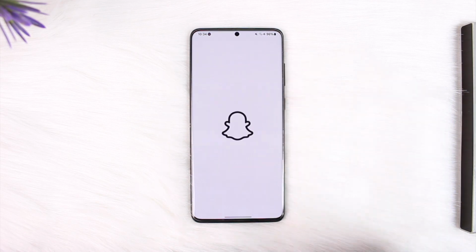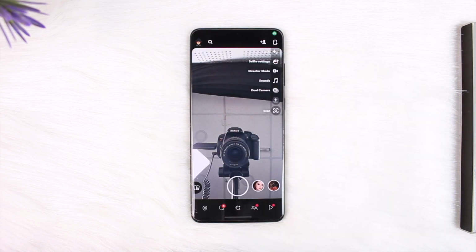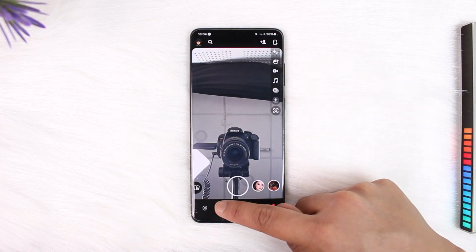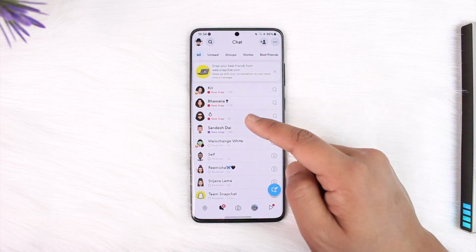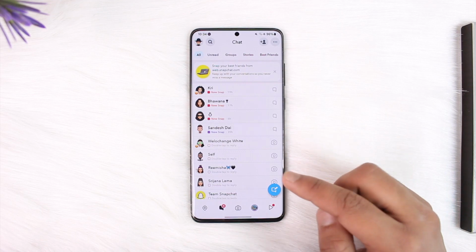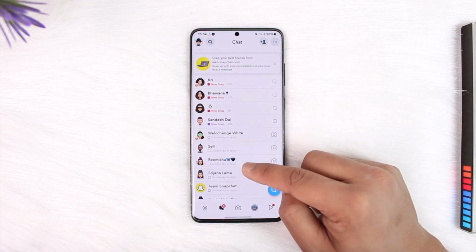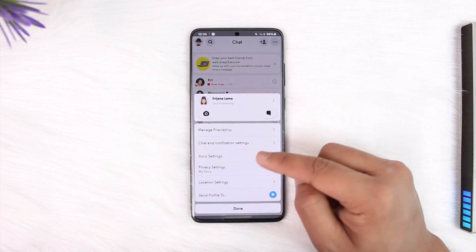Open up the Snapchat application and log into your account. Then just come to this little chat stack icon that you can find here. Now obviously you will have a list of people that maybe you might want to block. All you have to do is long press on a certain person that you would like to block here,